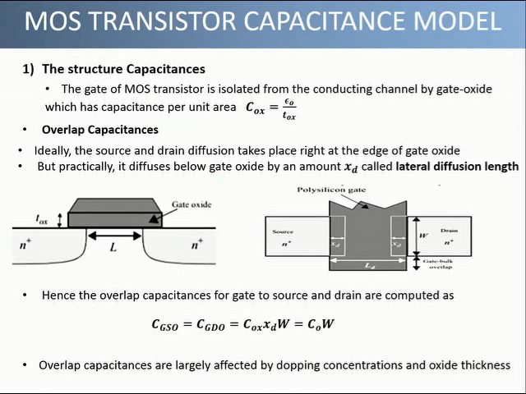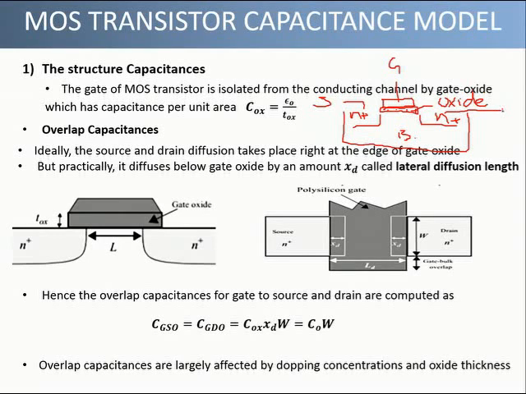As we know that in a MOS transistor we have a gate terminal, then we have an oxide layer over here. This oxide acts as a dielectric between the gate and the body substrate, and then we have two diffusion regions of N plus or P plus impurities depending upon the type of transistor. For example, for NMOS we have N plus diffusion regions over here, and these diffusion regions act as source or drain region. For NMOS the body is P plus.